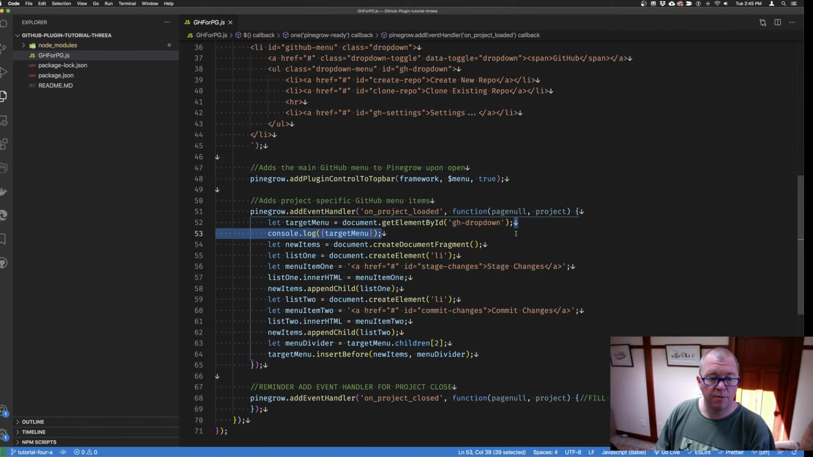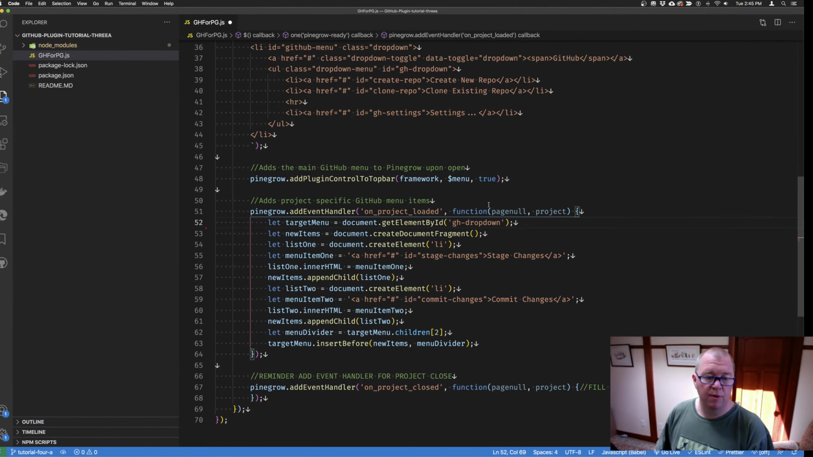Then we did, I'm just going to get rid of this console log. Then we did some various gymnastics. We created a document fragment. To that document fragment, we added 2 lists. And then for those lists, we basically set their inner HTML to be links, which are the particular menu items